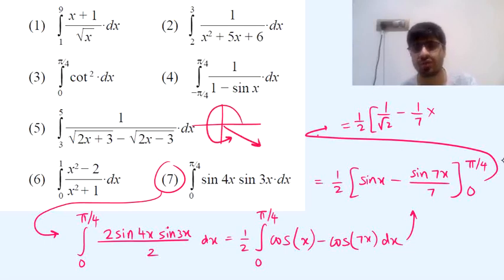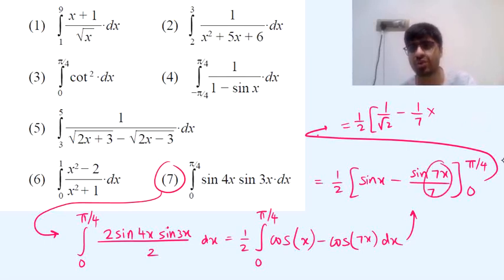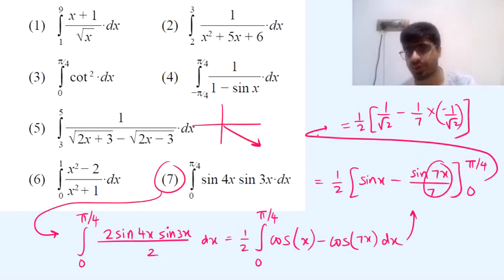So that's an angle of 315 degrees. So sine 7 pi by 4 is going to be minus 1 by root 2. Okay, and when you put a 0 here, from this we need to subtract whatever we get when we put a 0, but when you put a 0, it will be sine 0 and again a sine 0 only. So you're subtracting 0 minus 0, so we need not write that separately.